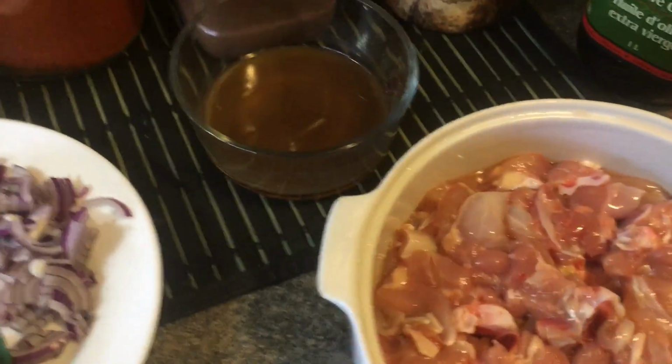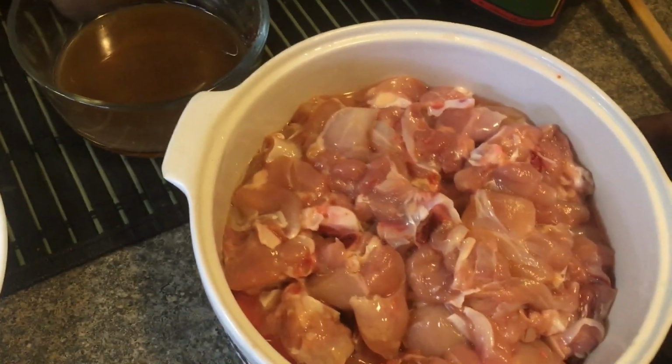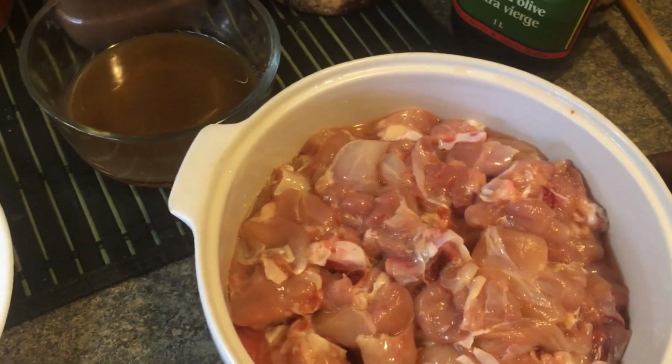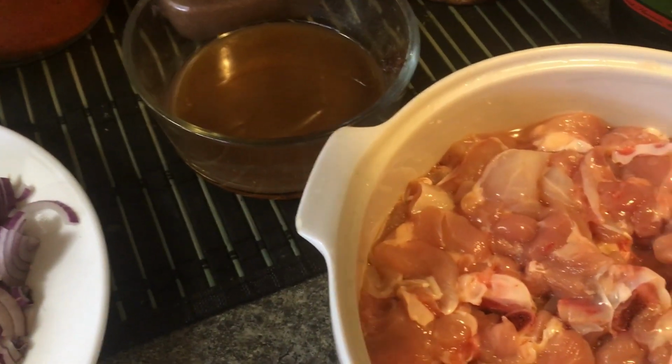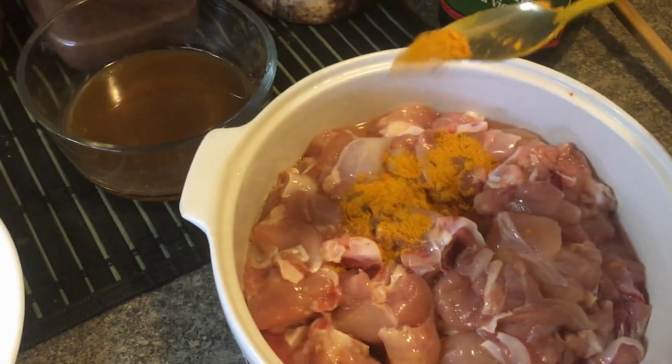Now what I'm going to do is put all the spices in and let the chicken marinate for at least 45 minutes to an hour in the fridge. For that I need half a teaspoon of turmeric powder,